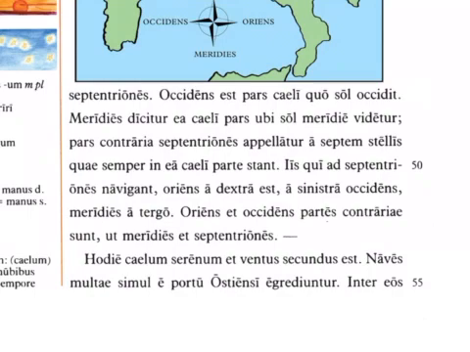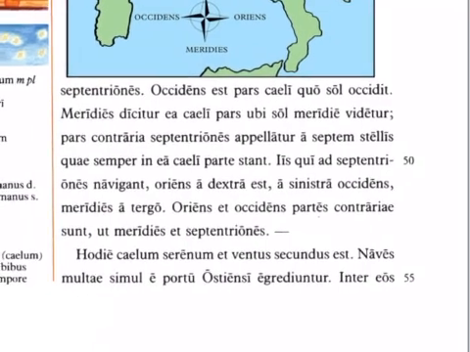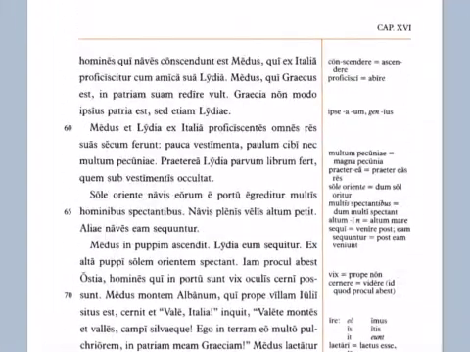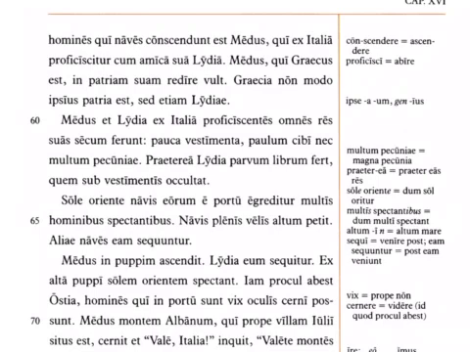Hodie caelum serenum et ventus secundus est. Today the sky is calm and the wind is favorable. Naves multae simul e portu Ostiensi egrediuntur. Many ships together are departing from the Ostian port. Inter eos, among them, homines qui naves conscendunt est Metus, qui ex Italia proficiscitur cum amica sua Lydia, who is